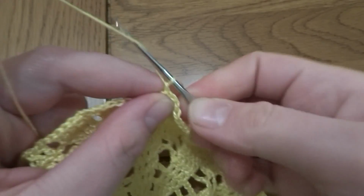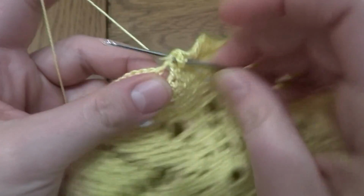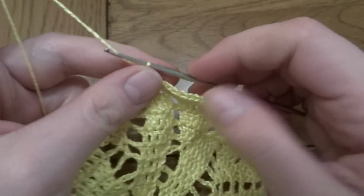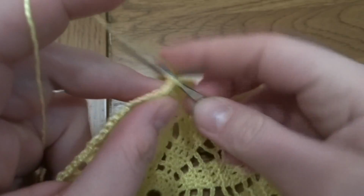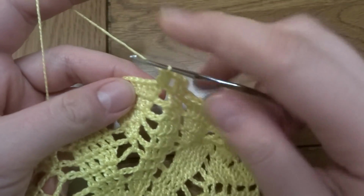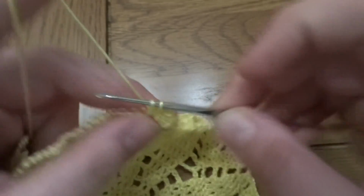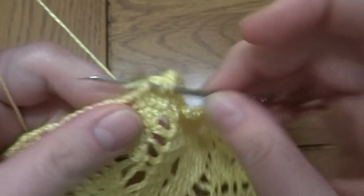Round 12, chain of 3, 1, 2 and 3, and then into the second stitch we have to make 1 double crochet, 1 and 2. Now chain of 2, 1 and 2, into the first double crochet we have to work 2 double crochets in 1 stitch, 1 and 2. Then into the next 4 stitches we work 1 double crochet in each stitch, 1, 2, 3 and 4,